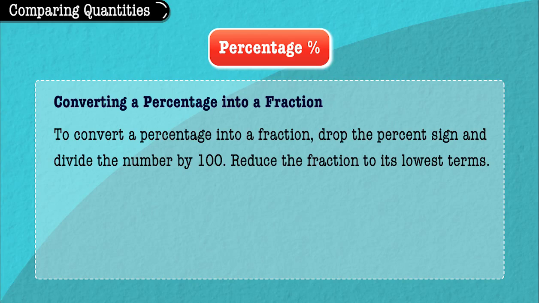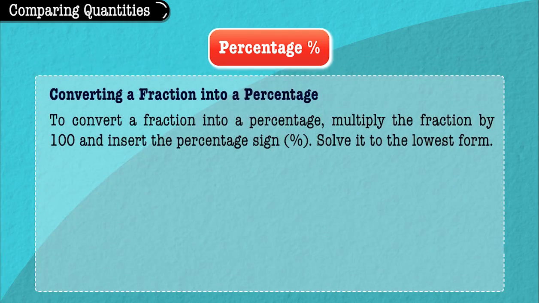Converting a percentage into a fraction. To convert a percentage into a fraction, drop the percent sign and divide the number by 100. Reduce the fraction to its lowest terms. Example: